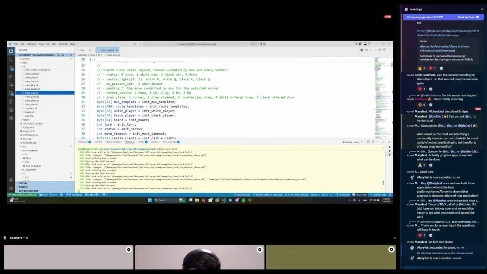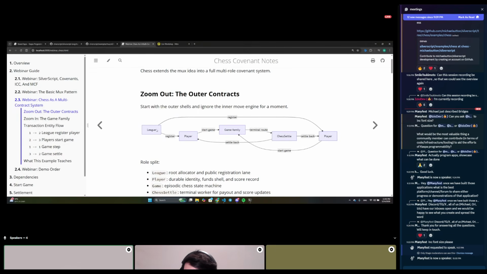There's a system of multiple contracts, and not all of them need to know about all the other contracts. Essentially, if you think about this as a state machine with this type of flow, the game only needs to know its own contracts, and from settle and out, the information comes from a different path. I'll show you.